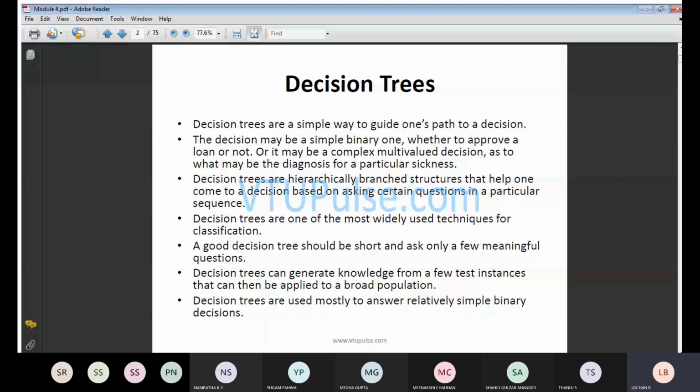A good decision tree should be short. Short means whatever planning you are going to do, it should ask for more meaningful questions. If you have not understood that particular topic or that particular slide, what that particular architecture is, you have to ask a question. That means whatever the thing is, we are going to analyze in such a way that